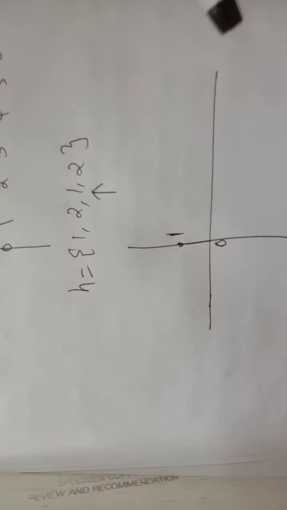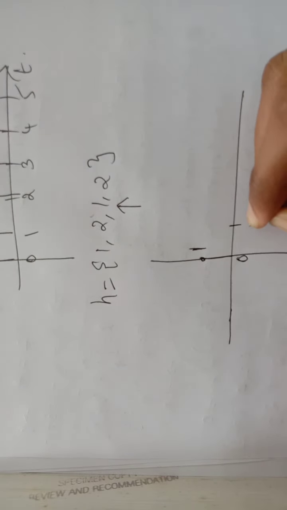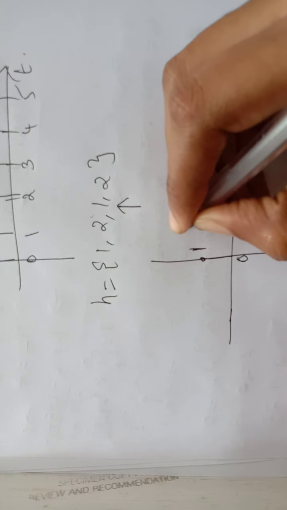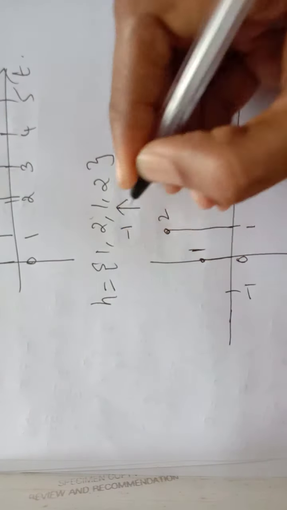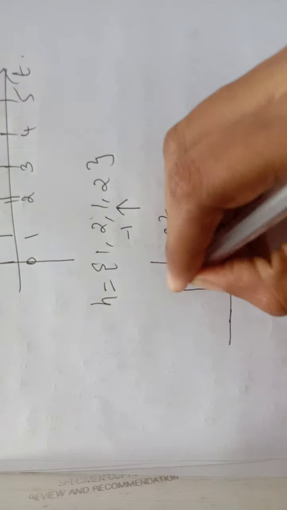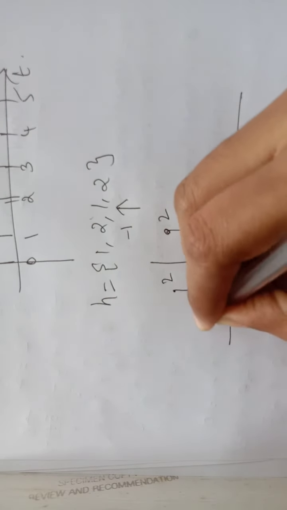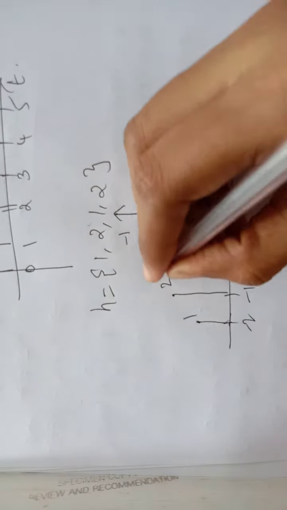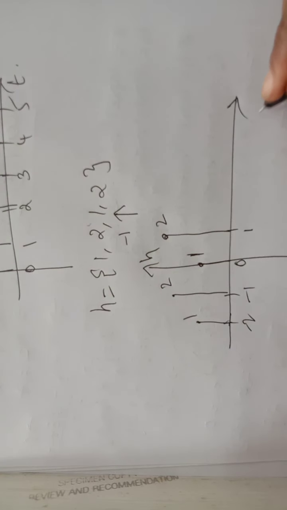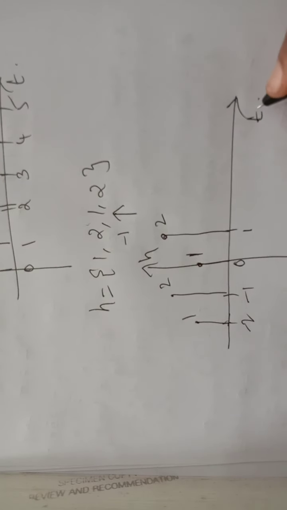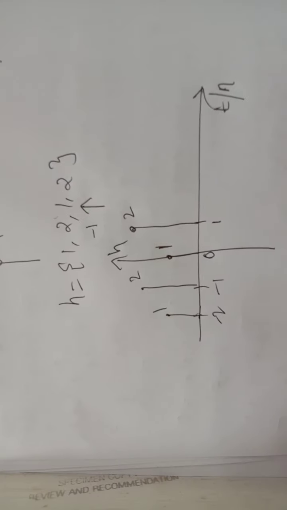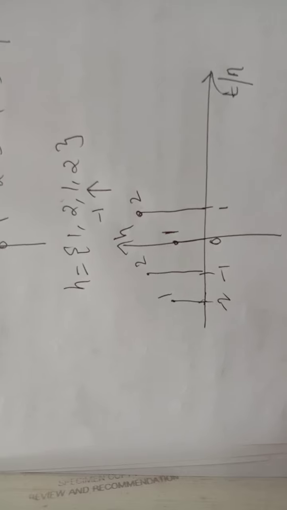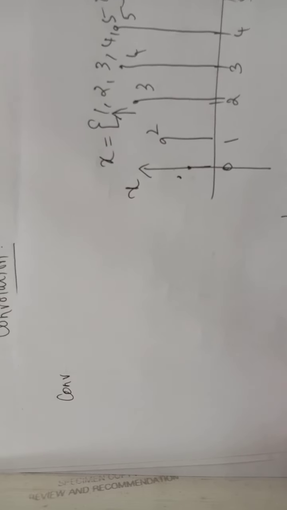Origin value is 1 and 1 value is 2, and this is the -1 index, right? So -1 index is 2 and -2 index is 1. So this is h and this is t. Okay, don't confuse, either we can have it as t or n. Okay, now I need to plot this. How can I plot this?